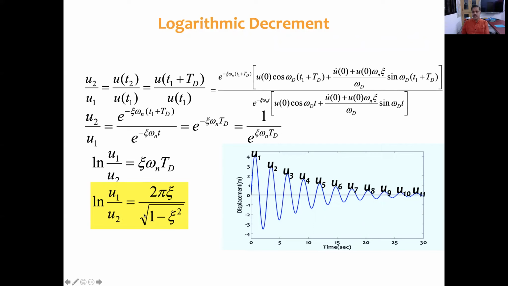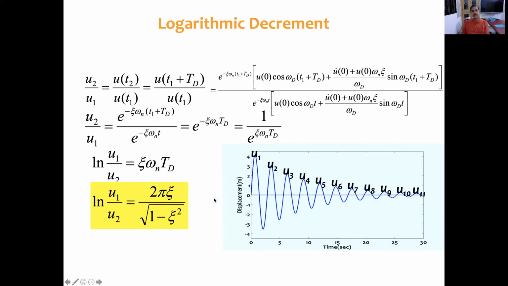This is called logarithmic decrement. That is equal to some constant value, 2 pi zeta by under root 1 minus zeta square. So that means in every cycle, the reduction of energy ratio is a fixed quantity. If you want to get zeta, that is damping, from this, we can use this expression. Suppose we take the first peak to the fourth peak, that means 4 cycles, so it will be 4 times this value.